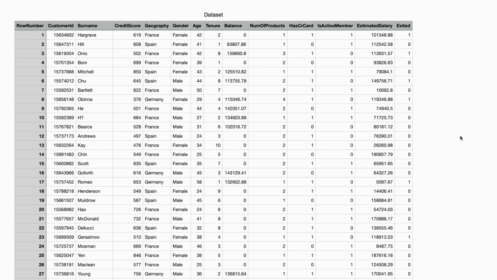Let us first have a look at the dataset that we are going to use. As you can see, it looks like a real dataset. This is a dataset of a bank that collected some information about their customers. This information contains customer ID, which is the identification key for each customer, surname, credit score, geography, which means the country where the customer lives, gender, age, tenure, balance, which is the amount of money they have in their account,